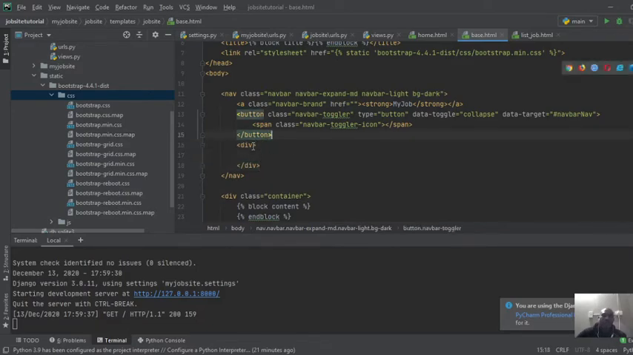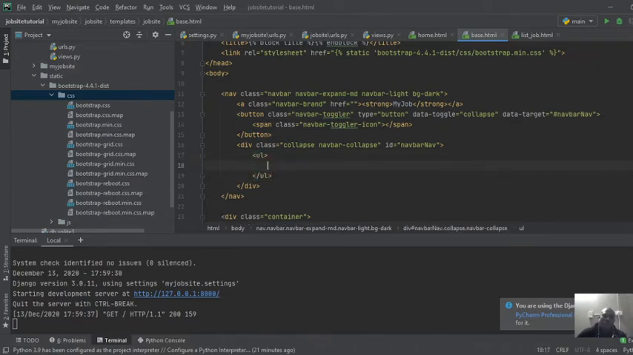So now let's give this div a class, not nav as such, but collapse navbar-collapse. Right, so here let's come up with an ID, and let's just give the value of the data-target. Right, so now you have to create an ordered list, and let's give it a class